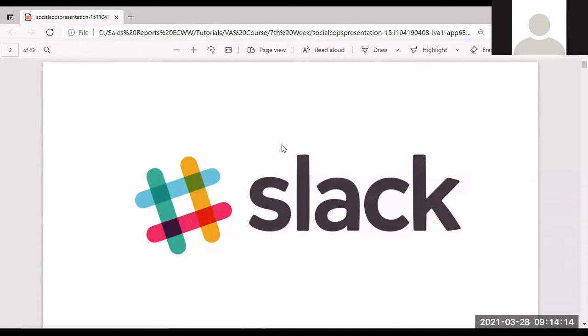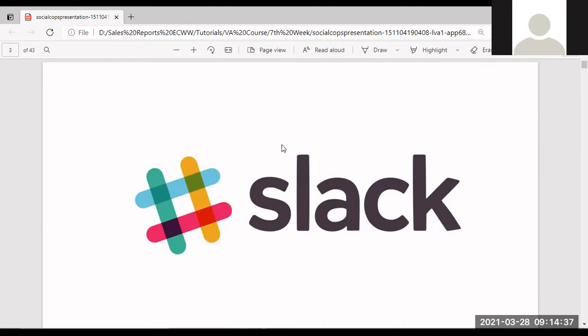On Slack, we usually do our office work or remote work communication with our clients or suppliers or anyone who is involved in our business. For instance, if you are doing your virtual assistant work, you need